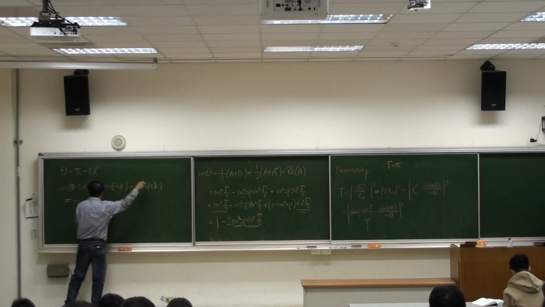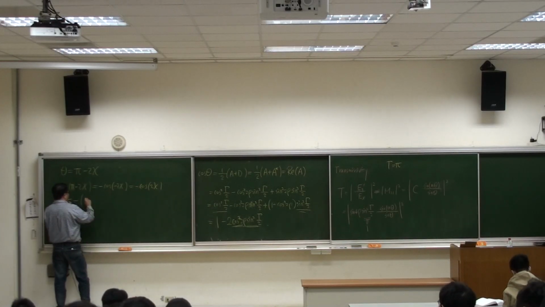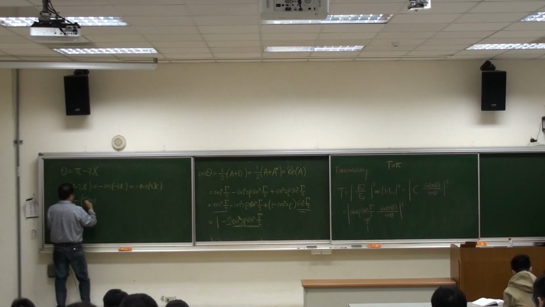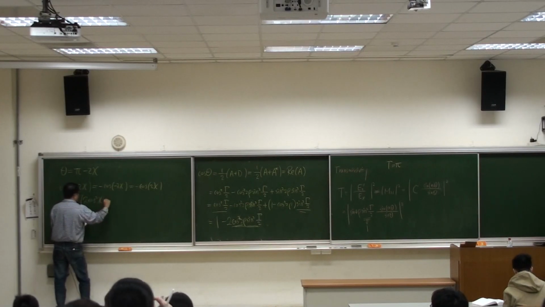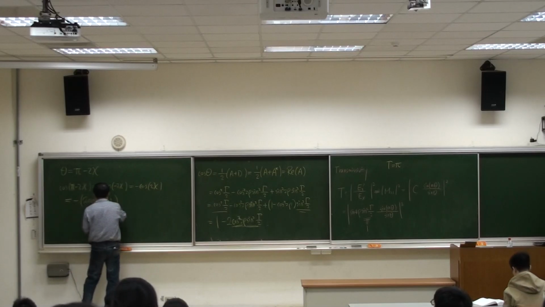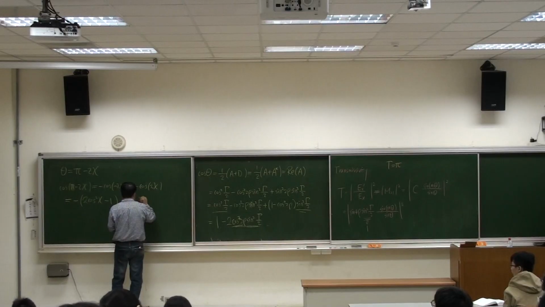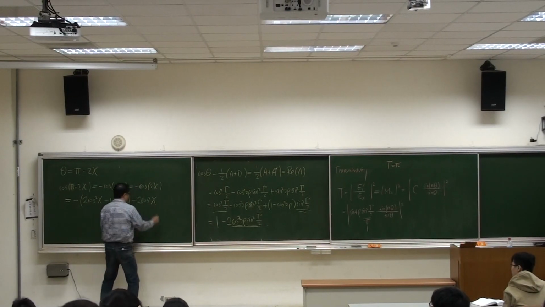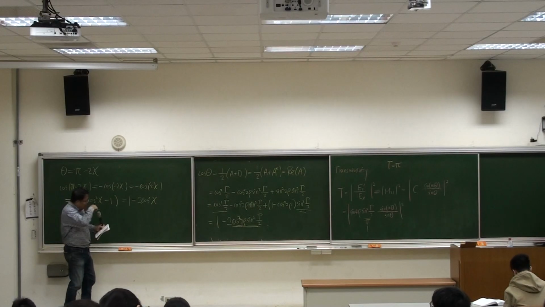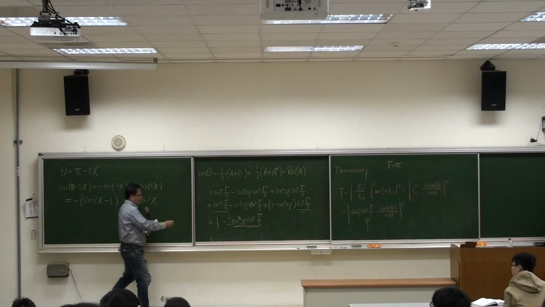Here we have the double angle formula. Cosine 2 chi is equal to 2 cosine square chi minus 1. So this minus sign changes into this expression, 1 minus 2 cosine square chi. Okay. Then if you compare this with this,